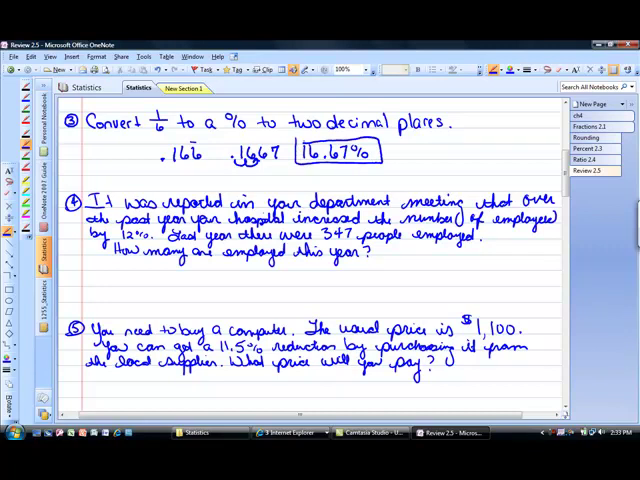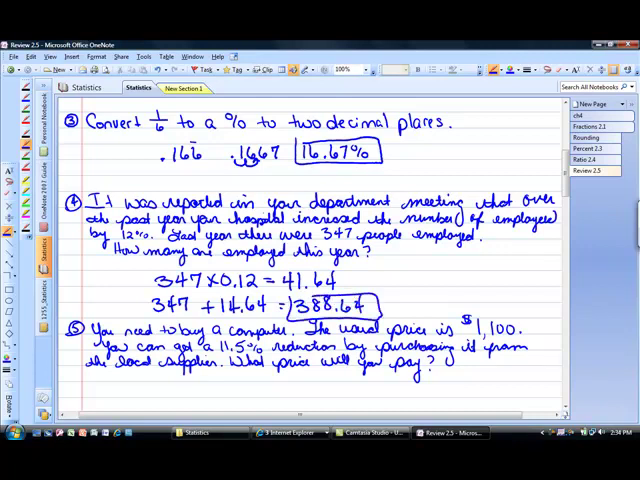It was reported in your department meeting that over the past year your hospital increased the number of employees by 12%. Last year there were 347 people employed. How many are employed this year? In order, 347 times 0.12, and that equals 41.64. Then we're going to add 347 plus 41.64 for a total of